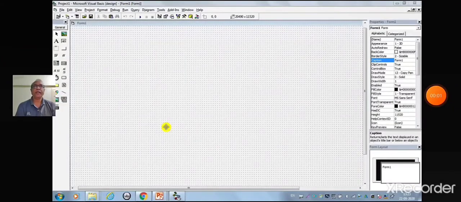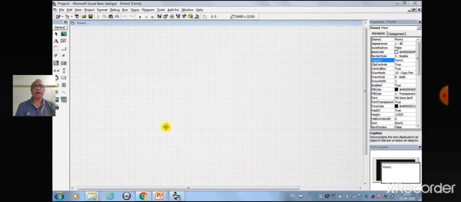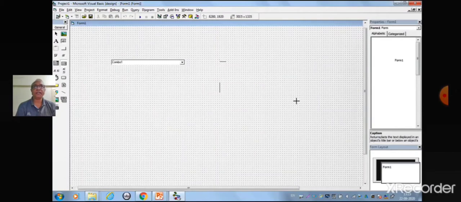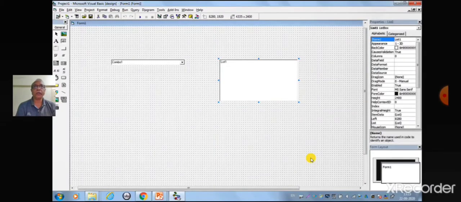Now we shall execute these controls in Visual Basic practically. At first, we shall place the combo box and list box object in the form. Then we shall click on the center of the form to go to the coding window.